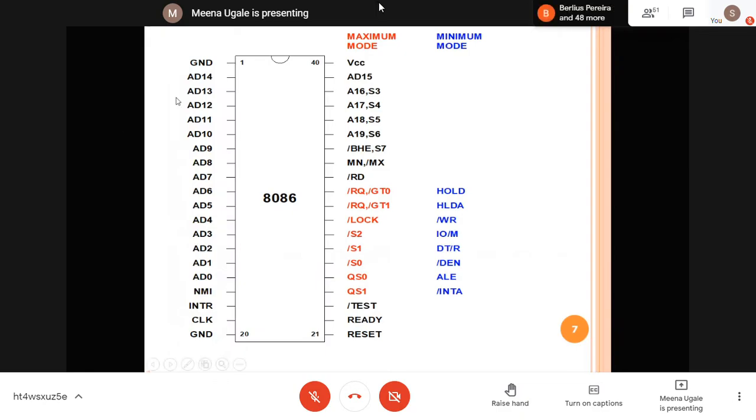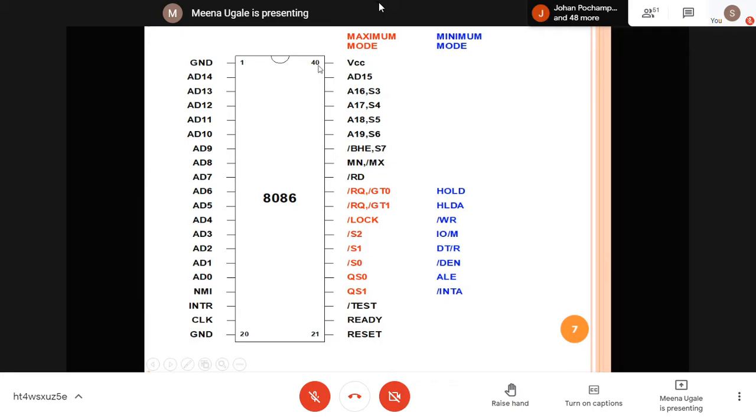Now you must have handled some of the ICs, or you must have seen them before. Actually speaking, when you work with digital electronics, we used to handle various ICs in the lab. But unfortunately, this time we are working with a simulator. But you can just imagine this kind of 40 pin IC available here. This is your 8086.